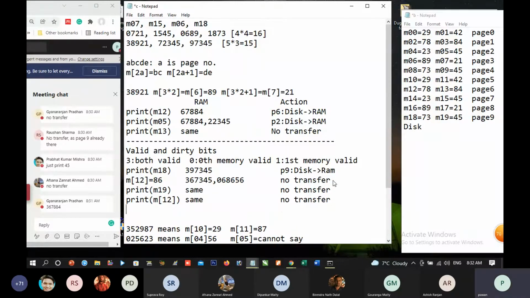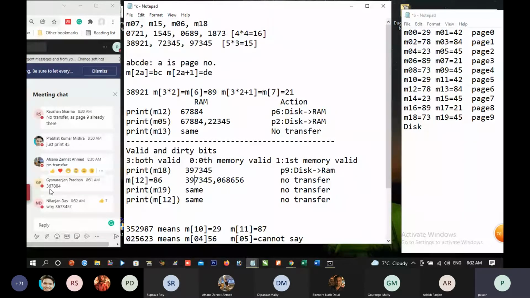Now, you see, M12 is 86. M12 means page number 6. M12 means, sorry, I made a mistake. I made a mistake. Everything was correct. But Gyan wrote it, I got confused.